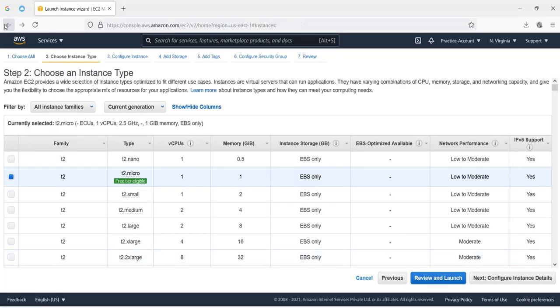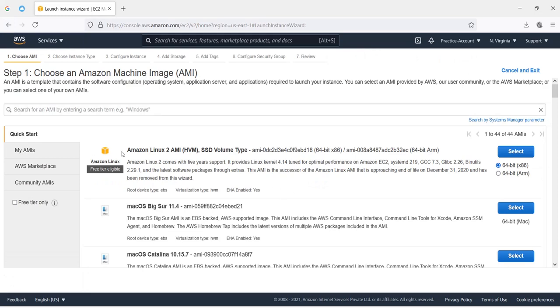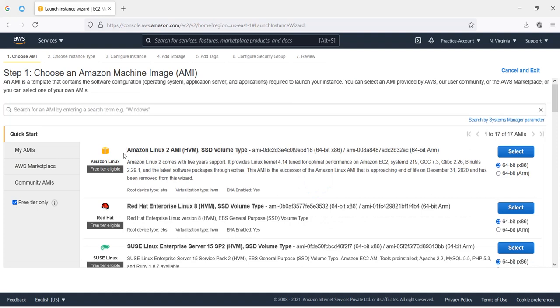Just go to the AWS launch instance. See here, you have several options. Several AMIs are listed here. So this is your image ID.